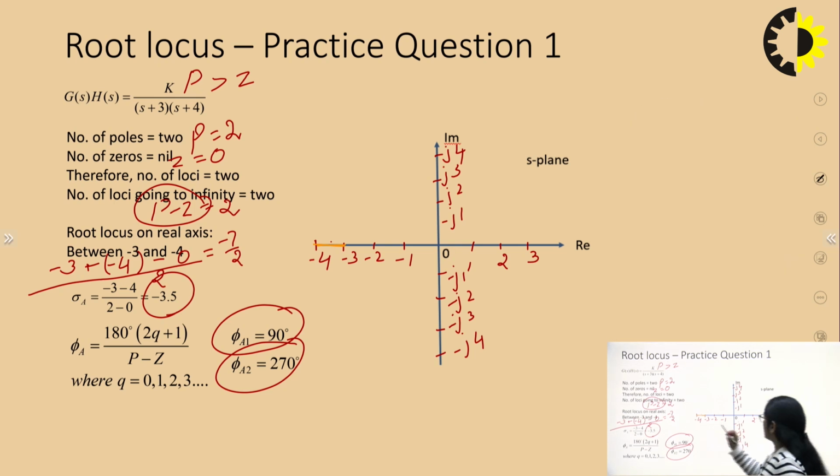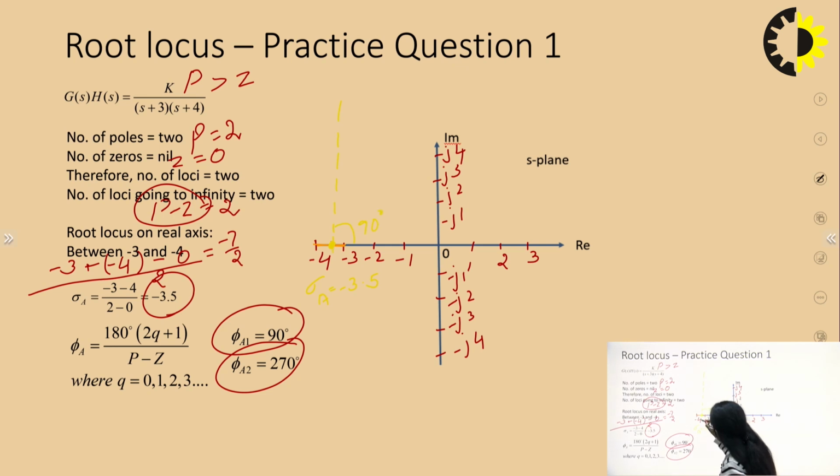Minus 3.5 is this point. Let us say this is the centroid, sigma A is equal to minus 3.5. And now, the angles of asymptotes which are forming here are 90 degree and 270 degree. So, let us mark the asymptotes here. Asymptotes is with an angle of 90 degree. So, this angle is 90 degree,